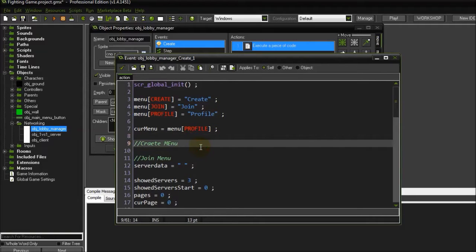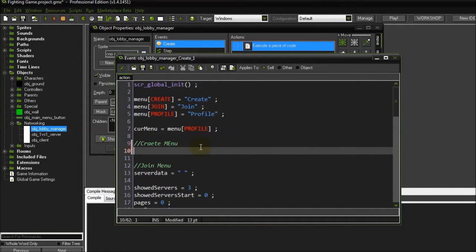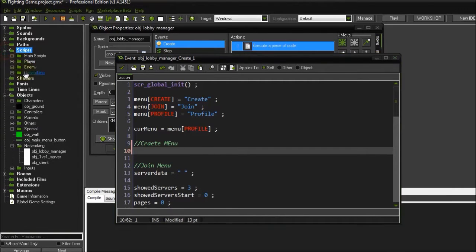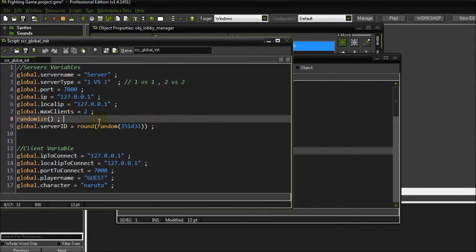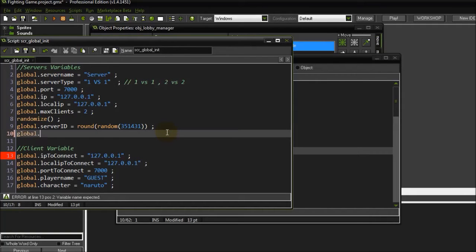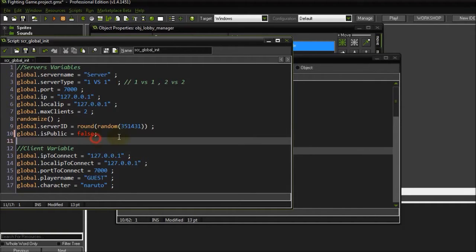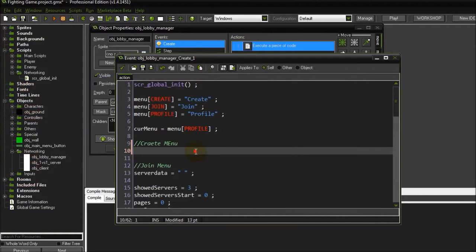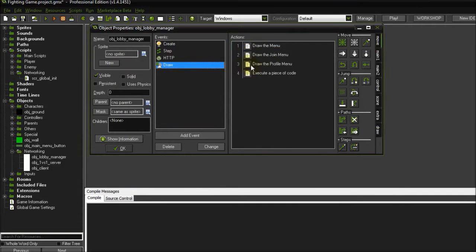So let's say, oh wait, so we need another global variable, global dot is public equals false. Okay, so this variable tells us if the server is public or not. So here we need a variable called chicken equals false. And wait, yeah, that's all. And the create menu,